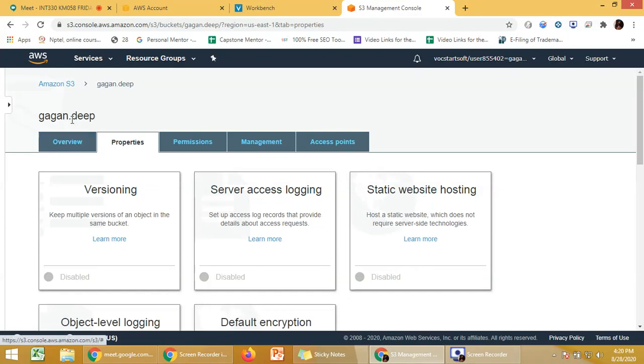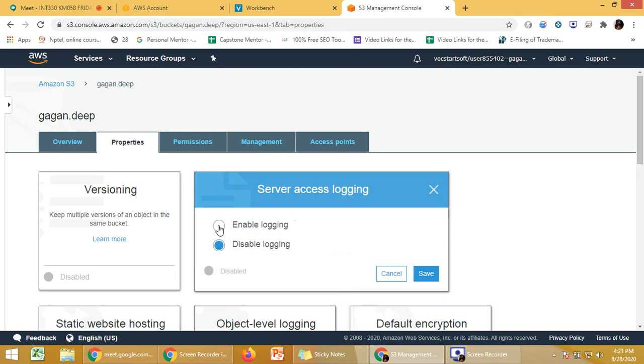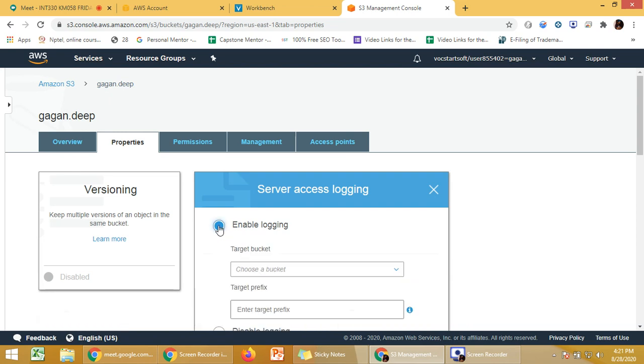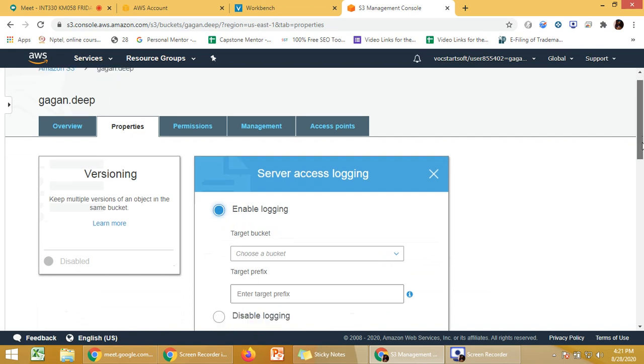Now, if this is my root bucket and I want to have logging, like I want to store each and everything whatsoever is happening on my base or root bucket. I want to store somewhere what type of actions are happening, how many users are accessing. So I need to store it. So I can click on enable logging.